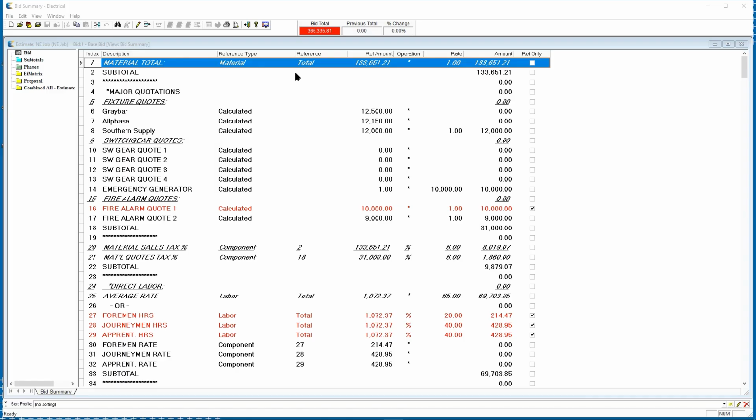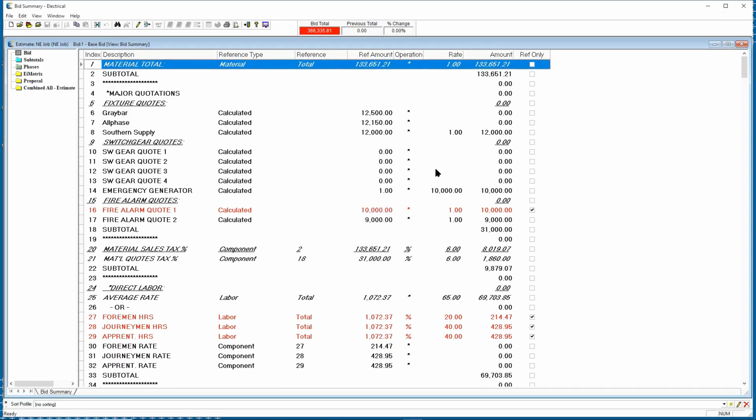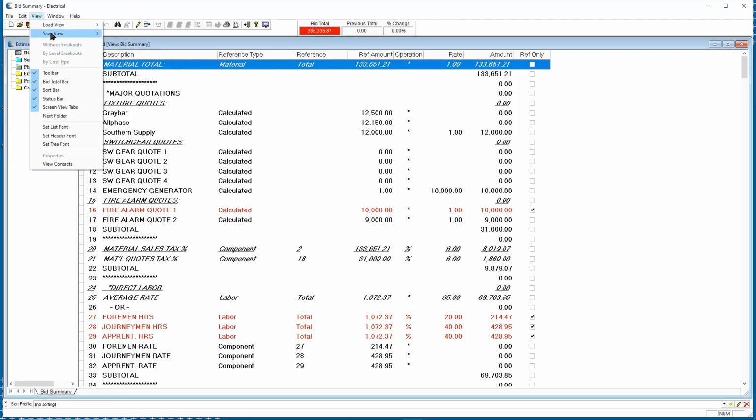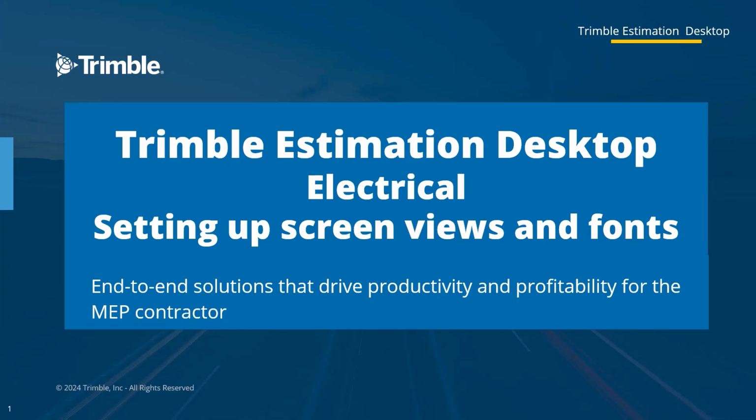Within the bid summary, you have those same capabilities. Once again, right-click, choose different columns, set your fonts appropriately to fit what you need them to be. Once you've done that, once again, you'll come up to View and save that view. In this case, I only have one view saved, but you can save up to 10 different views and you would have all the tabs reflected along the bottom to allow you to get to the information you're looking to see quickly and easily. This was a quick walkthrough showing you how you can set up screen views and fonts